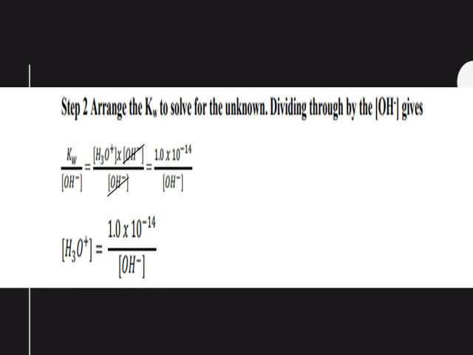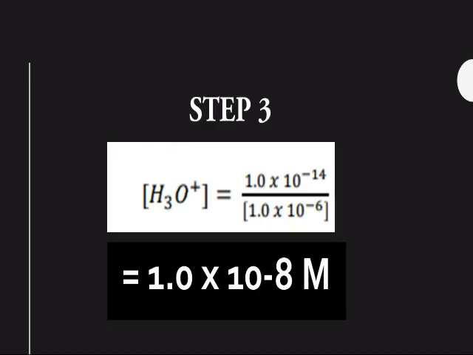Dividing through by OH gives K sub W over OH is equal to H3O times OH all over OH is equal to 1.0 times 10 to the negative 14 divided by OH. From here, we can use the formula H3O is equal to 1.0 times 10 to the negative 14 all over OH. Step 3. Substitute the OH and calculate the